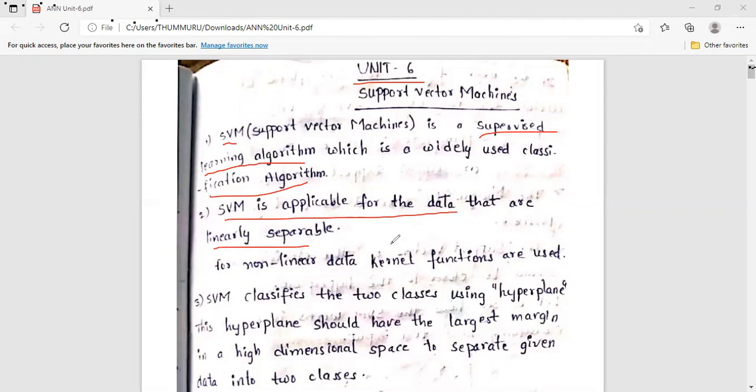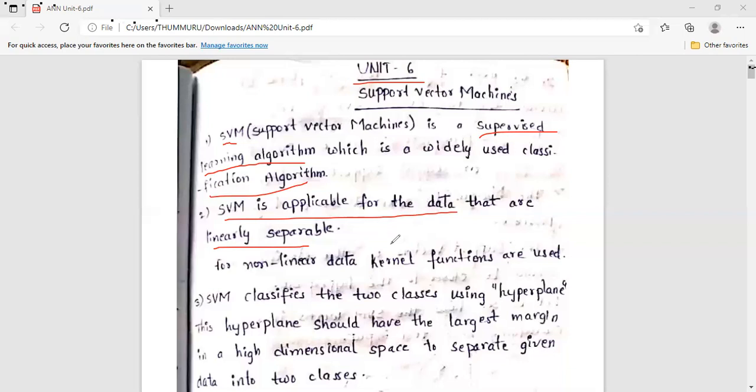It can separate those data by using a single hyperplane, right? It is one of the models or classifiers to identify the binary classification